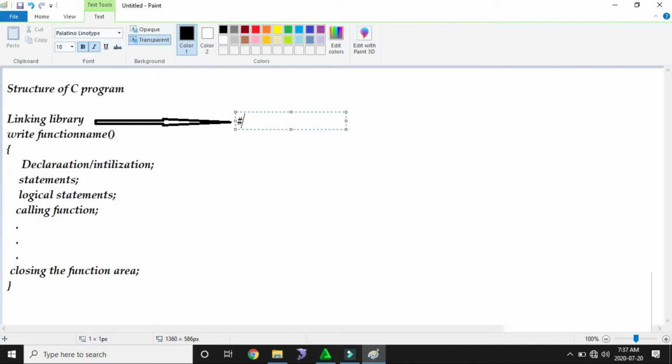In my program I include whatever predefined libraries and predefined functions I need to utilize in my function. For this utilization of predefined code, we need to include the libraries. That is the reason for include.